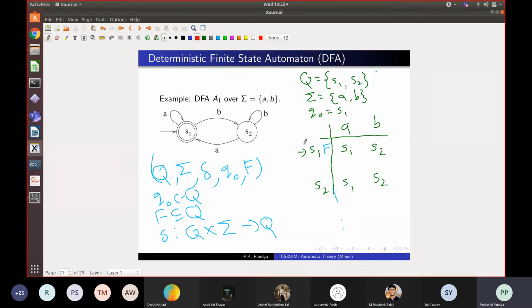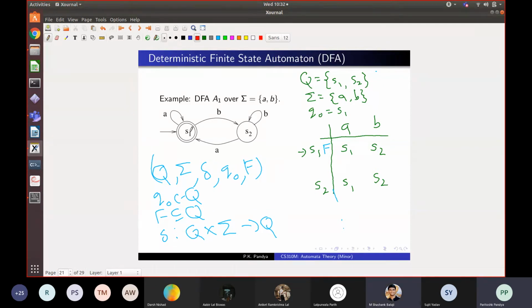Right. I think electrical engineering students have seen some of these automata in circuit theory. Non-deterministic automata are a generalization of the deterministic automata which we are studying today, and that is for the next class. This is where the concept of relations will come in. But today let us stick with just these functions. So only deterministic automata, that is, from a given state on a given letter there is exactly one move. The system has no choice.